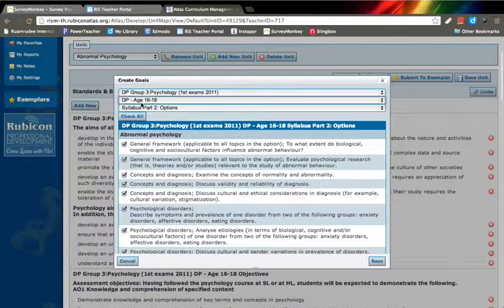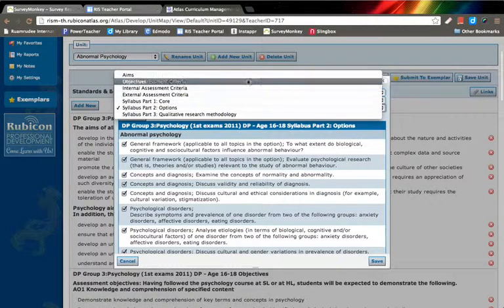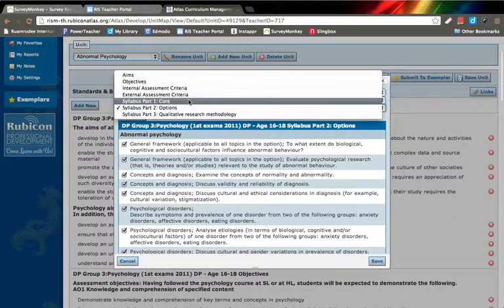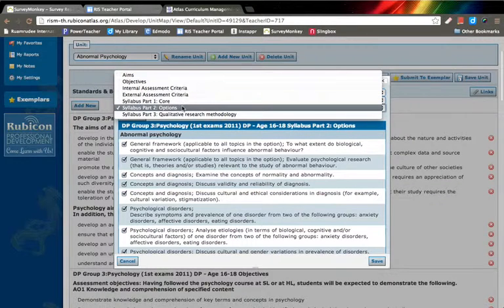If we had MYP and PYP, then those would be identified here. But since we only have DP, that's been shown there. And then, of course, you can focus on aims, objectives, different assessment criteria, and of course looking at your core and options. And we're going to go into options here because abnormal psychology is an option in psychology,